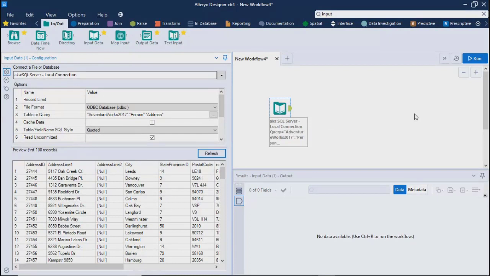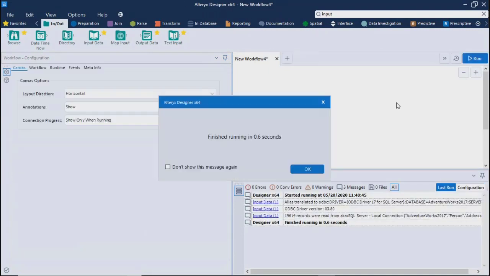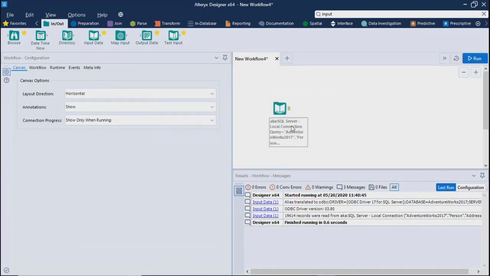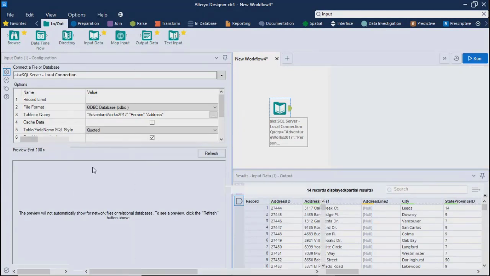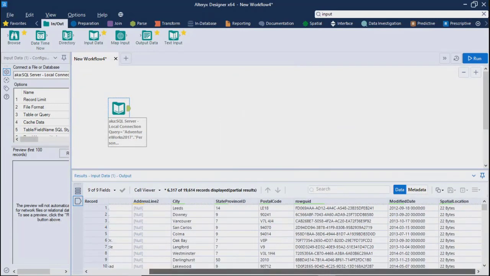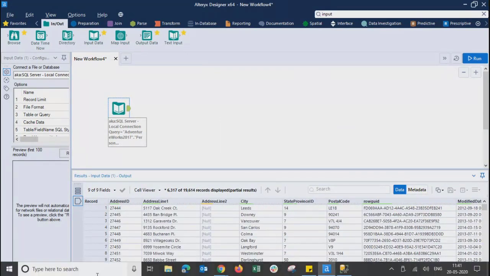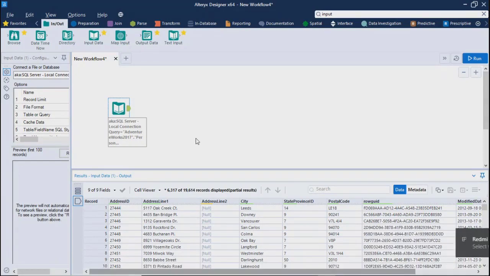In order to run this, as we said yesterday, you can click on this run button or try to click Control plus R. As soon as you click Control plus R, it will execute and then you can see the result or data onto this particular tool. So right now I'm just clicking over here and we can see the entire data set. Is it clear?